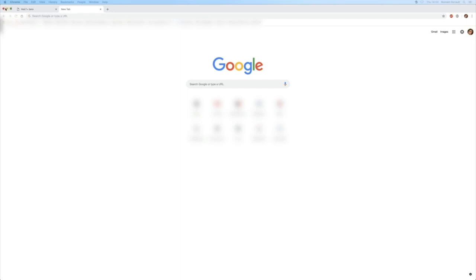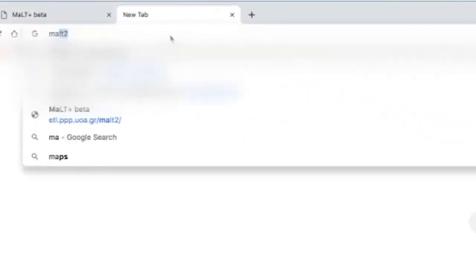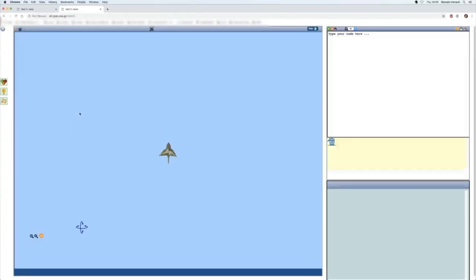So we're going to find out how to do some programming in mathematics, or some mathematics with programming. With the mult tool, you type in mult2 and it comes up first choice on your list. So here's the environment. On the top right we have the command center, and here we have the scene with